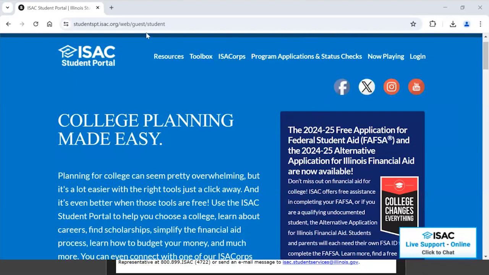So first, you want to go to studentportal.isac.org. Please ignore the URL that is at the top of my browser. It is a demo site URL that I'm using right now, but the one you should go to is studentportal.isac.org. So the student portal is where Illinois students can go to access student-focused resources and tools to support them